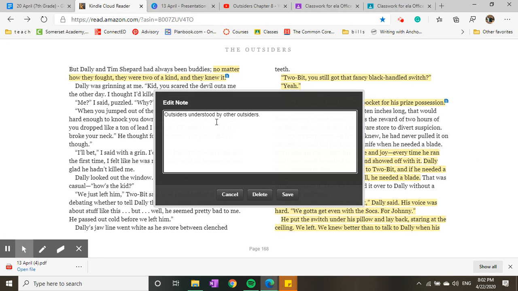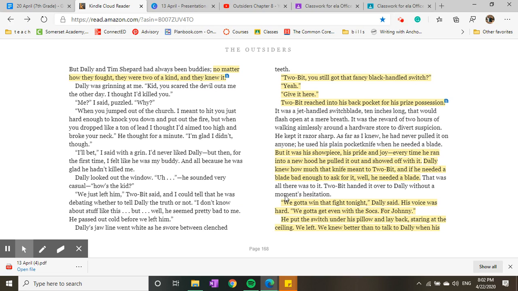So, there was an earlier section in here where it's literally because they're both outsiders, because they're technically part of the same crew. Even if they hurt each other, they're actually okay.